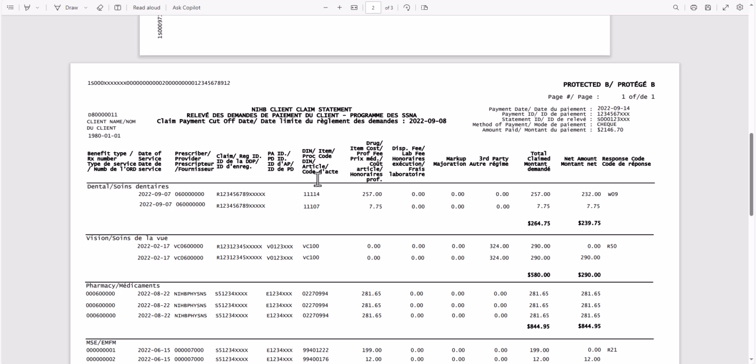DIN number, item code, or procedure code, which is the internal number that represents the service or item. Drug, item cost, or professional fee, which is the cost of the service or item claimed. Dispensing fee or lab fee, which is an additional fee added to the cost of the service or item, if applicable. Markup, if applicable. Third party, which is the amount paid by a different insurer or a provincial or territorial